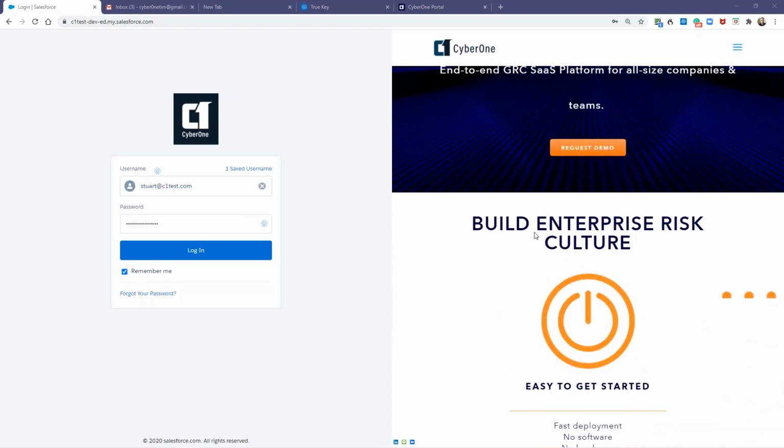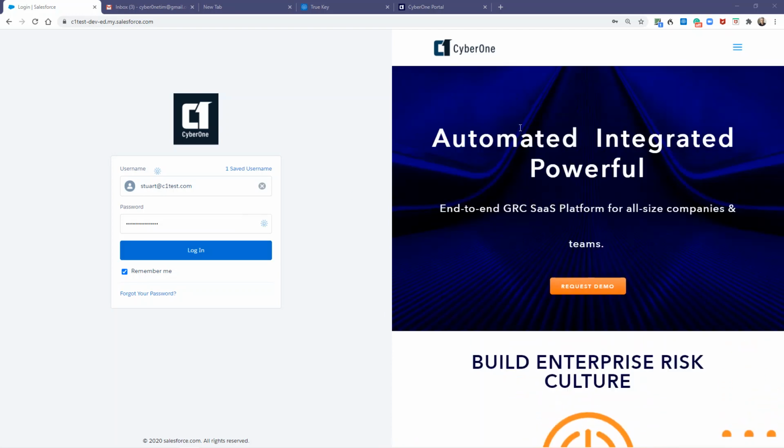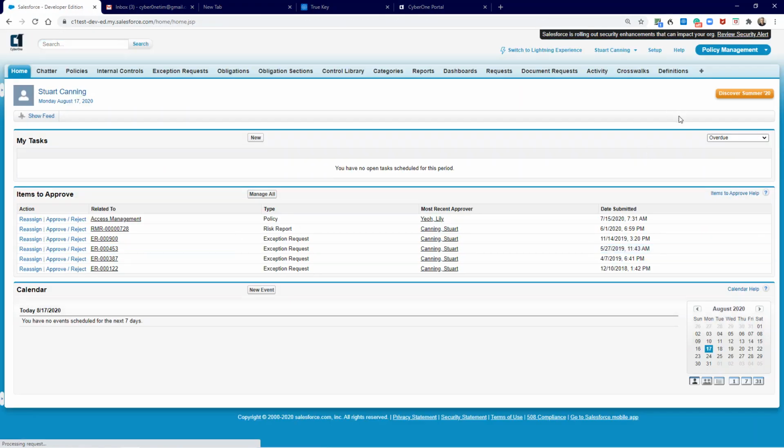And here we have the CyberOne website, which is live and accessible. And so you can add your client's website here or any intranet pages, anything that the client wishes to do. We'll completely customize this front page so it looks familiar to them as they're coming into the platform. And then once we log in, we're going to come to our main platform where on the top right,